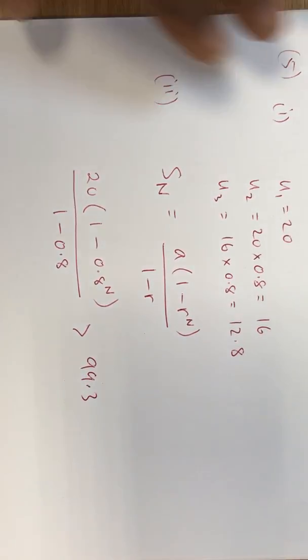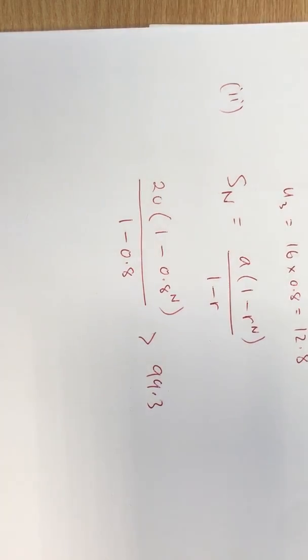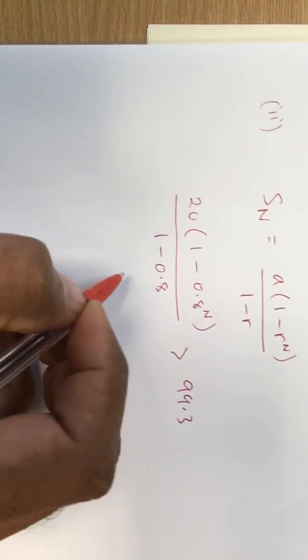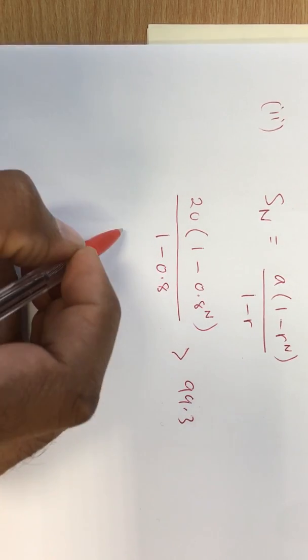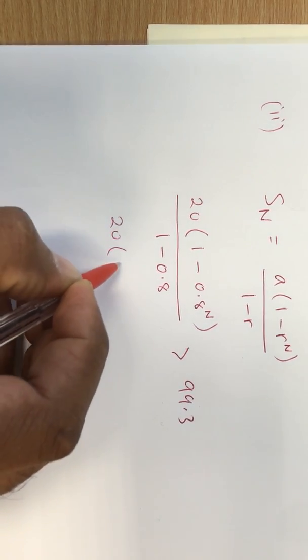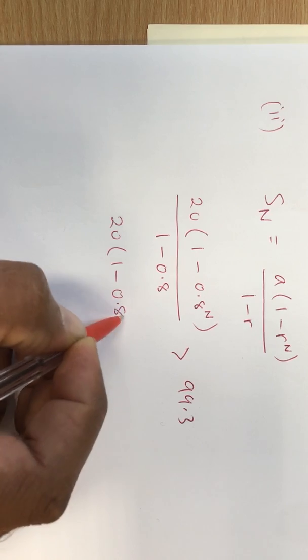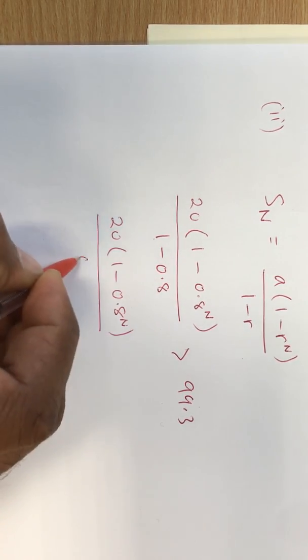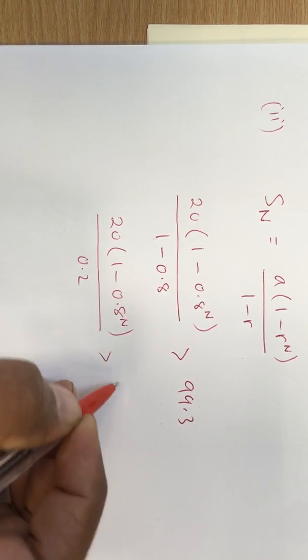So now I'm just going to do this on the calculator. You could quickly do it, but I'll put on all the processes so you can see it. So you're going to get 20, 1 minus 0.8 to the power n, all over 1 take away 0.8 is 0.2, which is greater than